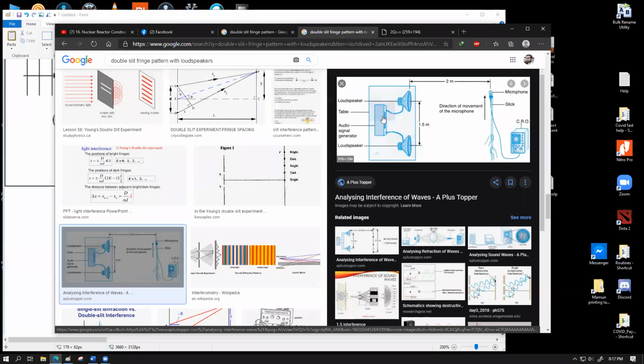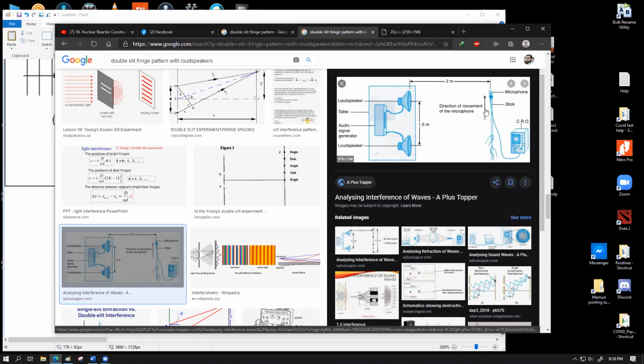So let's say if this thing is calibrated at maybe 200 hertz, then both of these loudspeakers are going to play at 200 hertz. The distance between the centers is 1.5 meter. And because we are working with sound waves, we don't have to divide it from a single source into two sources, because sound waves essentially are a mechanical wave, and they are affected a lot by the medium. And to observe the loud and